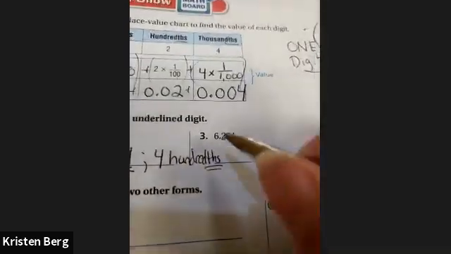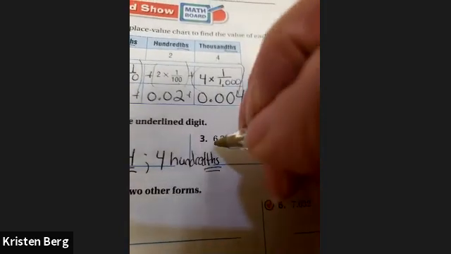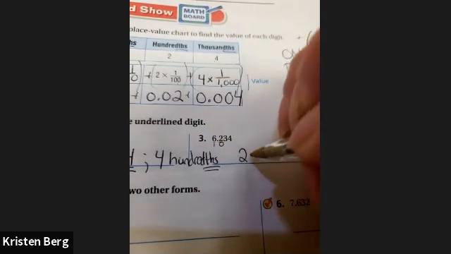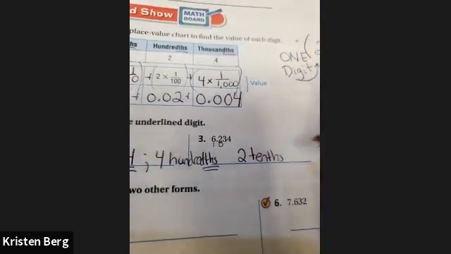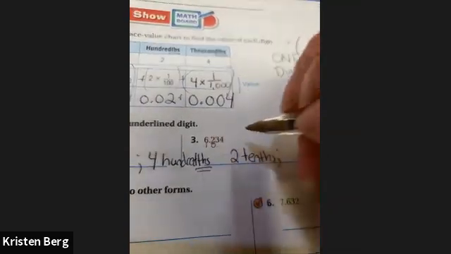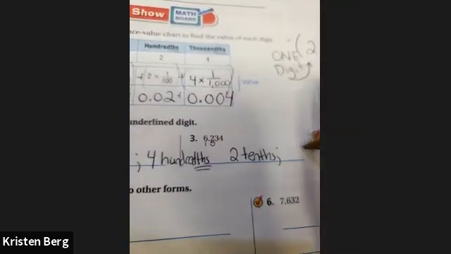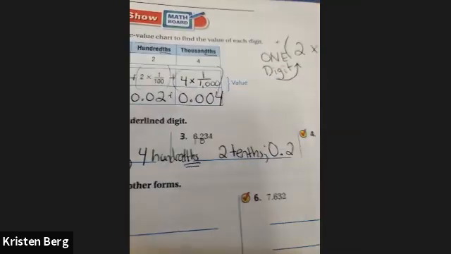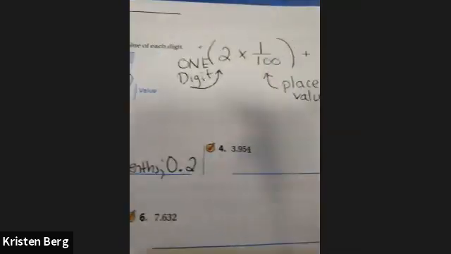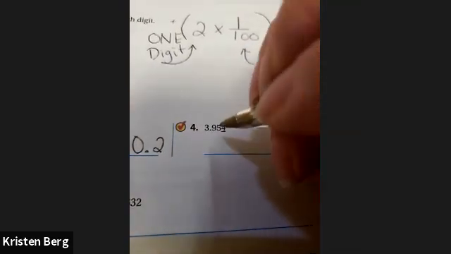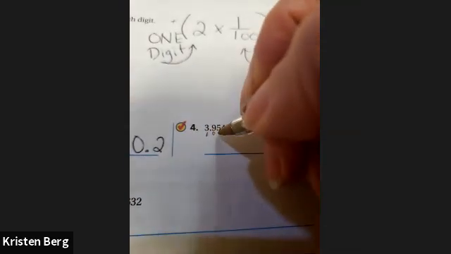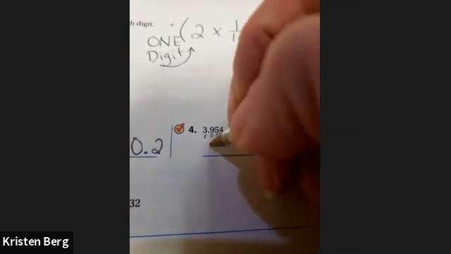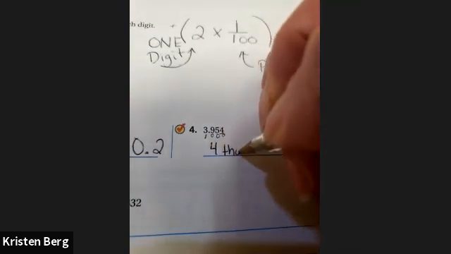All right, so now this one, if you want, you could write it out. That is a 2 in the tenths. Or you could have also wrote out the decimal of it, which it's just a 2 and then a decimal, and then this would be a 0. So you could have also done that as well. On this one, you could have found, again, the ones place and added zeros. That is actually saying 4 in the thousandths. So you could have said 4